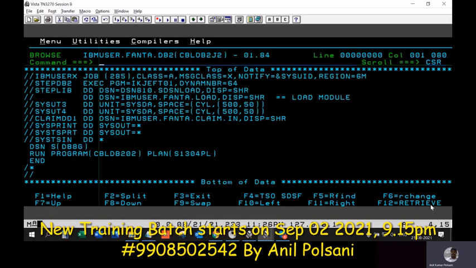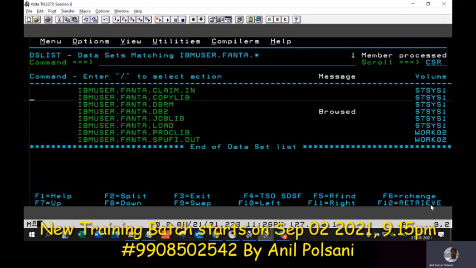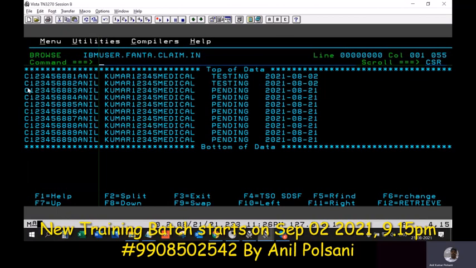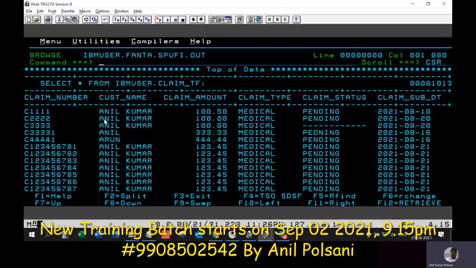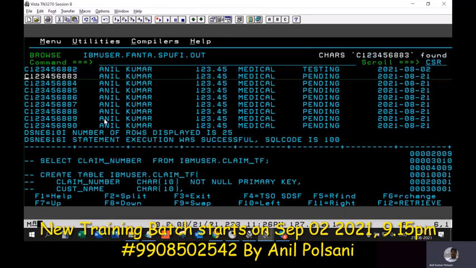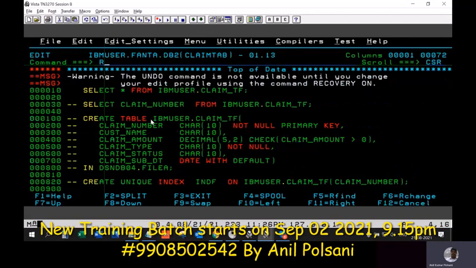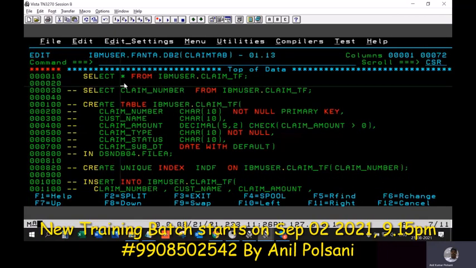Okay, all you need to do is go to your input file, take one of the records, and find it like this. If that is not the way you want to do it, write a where condition here, where claim_number is equal to the record I want to find. It could be any record from the file. Just do a random check whether the records are entered into the table or not.